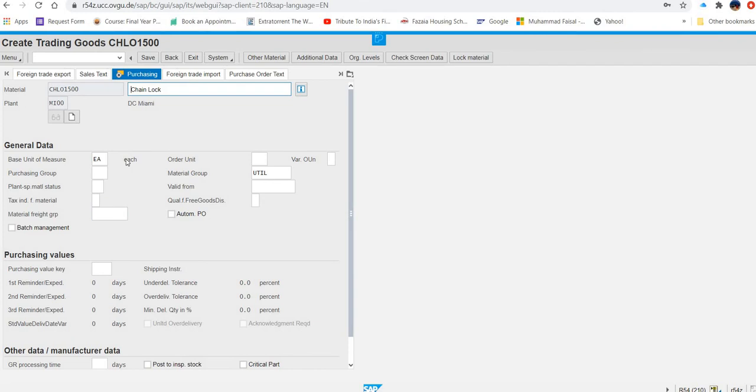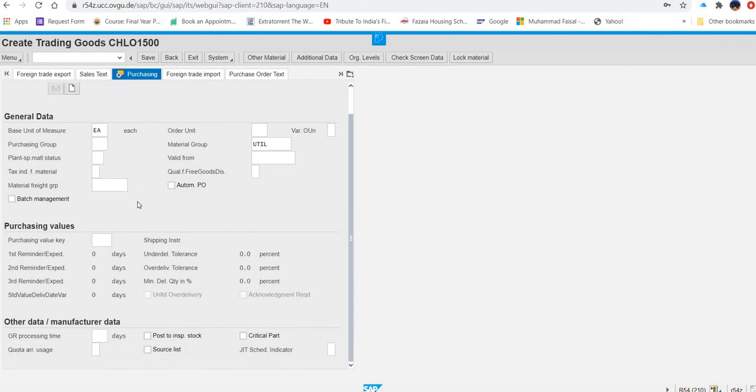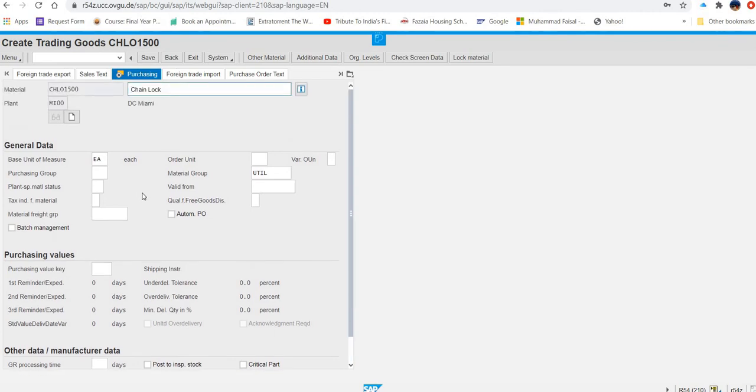Let's find where is the purchasing group. Here, N00. So you can see I am taking time because sometimes I am also not able to find the correct field. So find the correct field patiently and then enter the data.